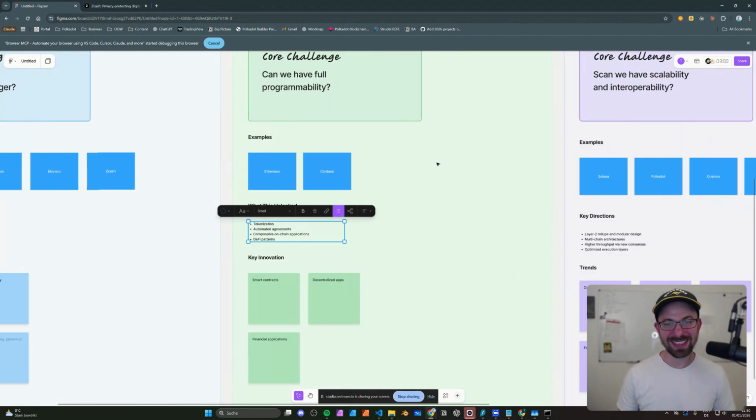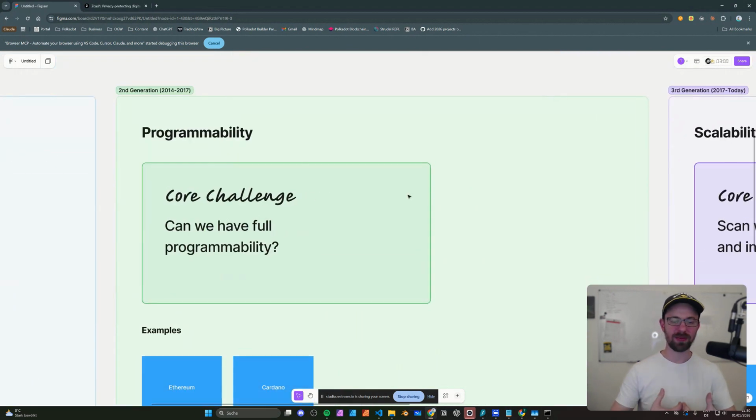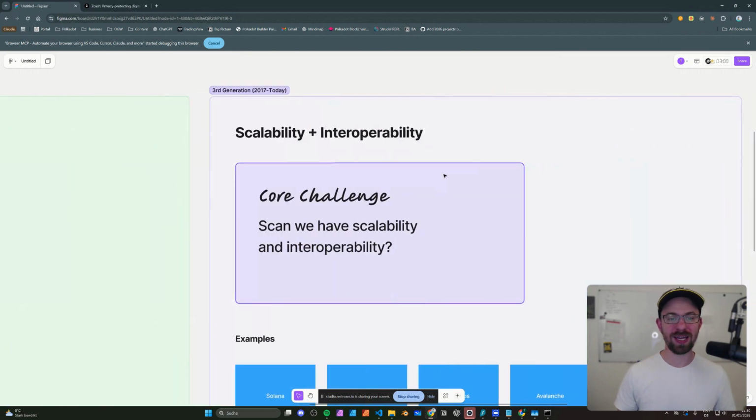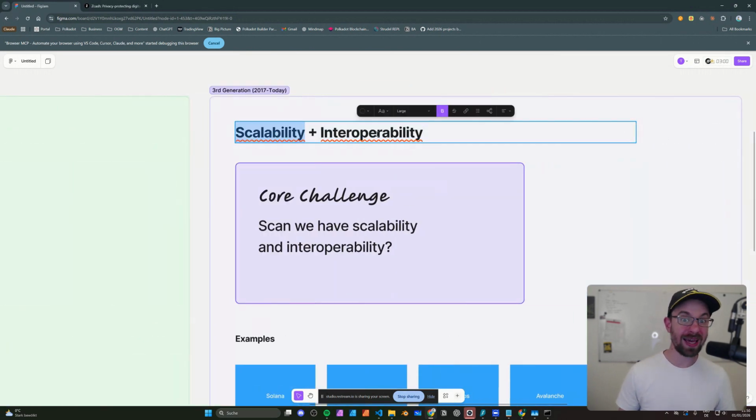The key question that still remained at that point in time is, okay, we have a computer, we can put any kind of program on it. So what if people start using it? Because we still have not solved throughput, we still have not solved latency, etc. So the questions then shifted to, okay, how can we solve scalability? And once we have all of these different blockchains, how do we solve interoperability? Because all of those blockchains live in their own separate universe.